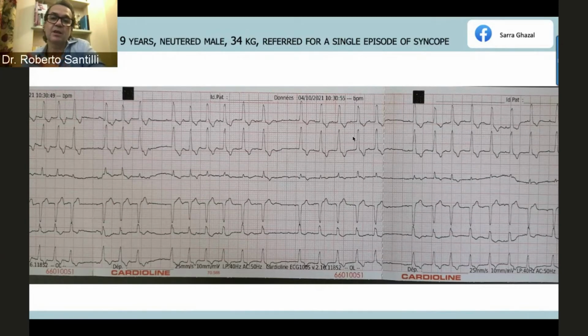But we have to say also that the prognosis in cats with AV block, if you look at the literature, is not the same as dogs. Dogs, I mean, 60% of dogs die within 6 months from the diagnosis after having a diagnosis of second degree or third degree AV block. Cats can actually live years with these disorders. So it's not as common to have sudden death as in dogs, but still, if the symptoms remain despite the use of aminophylline, we like to put epicardial pacemakers.